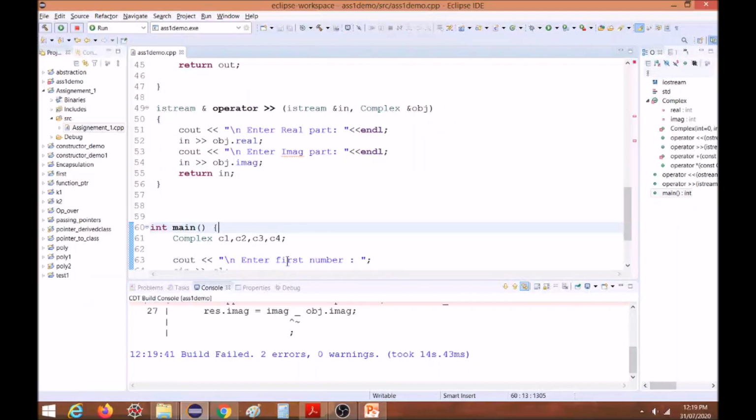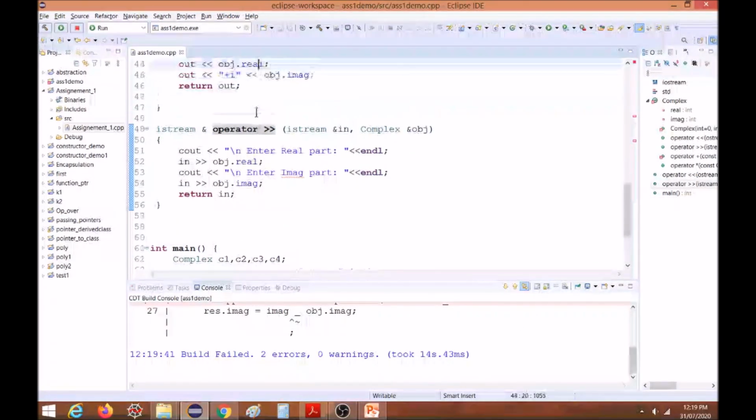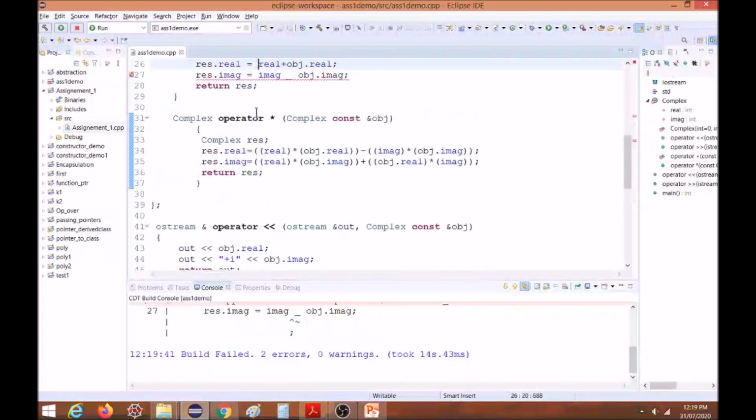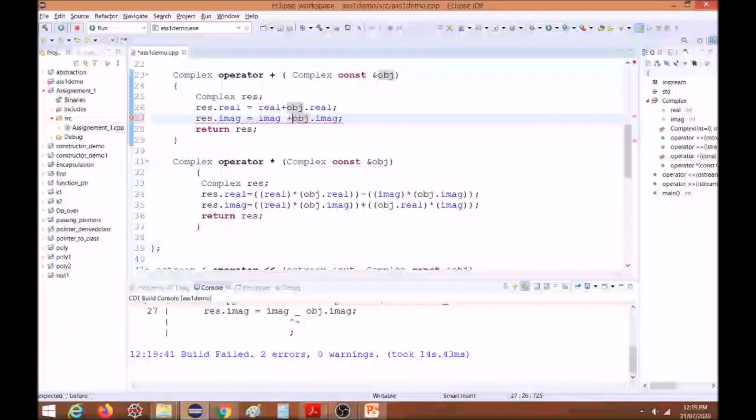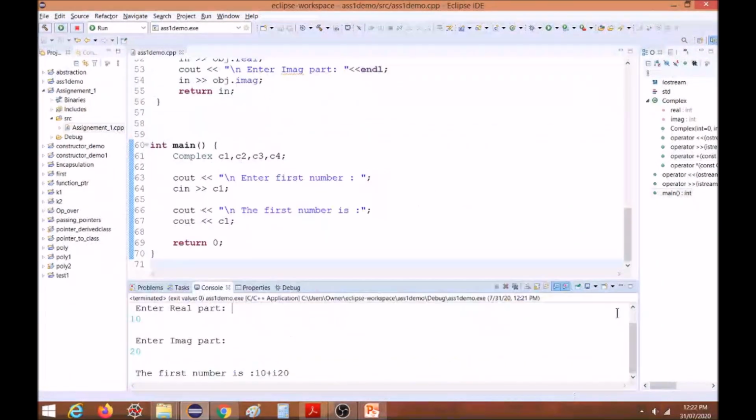The plus sign is missing. First number I have given as real part 10, imaginary 20. So see the output, it is giving us 10 plus 20.